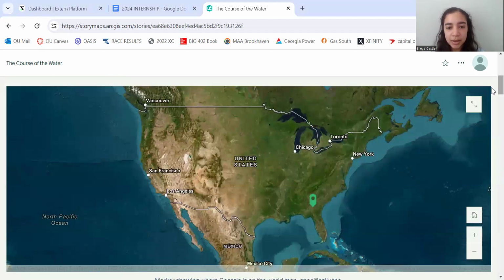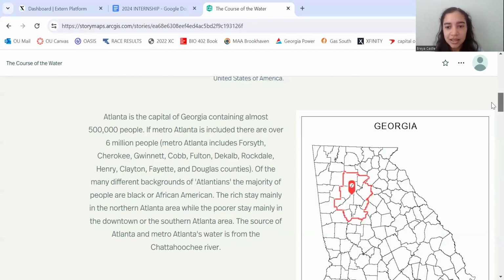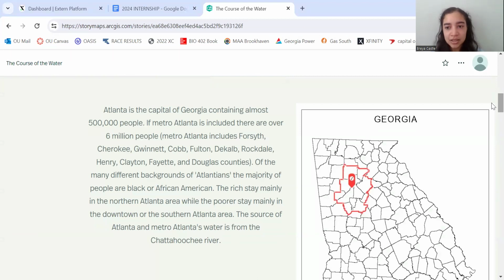So first, I have a map of the United States and a marker showing where Georgia is on that map. It's a southeastern state. Next, I have a map of the Georgia counties. Outlined in red, I have Metro Atlanta, and then with the red marker in the middle, that's where Atlanta is. And Metro Atlanta contains over 6 million people, and the source of Atlanta and Metro Atlanta's water is from the